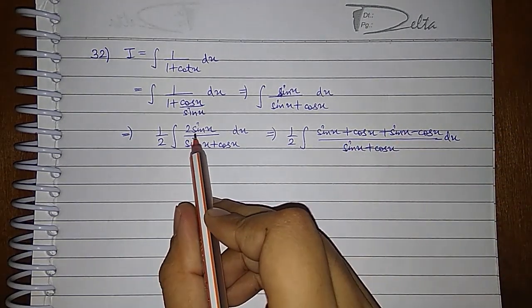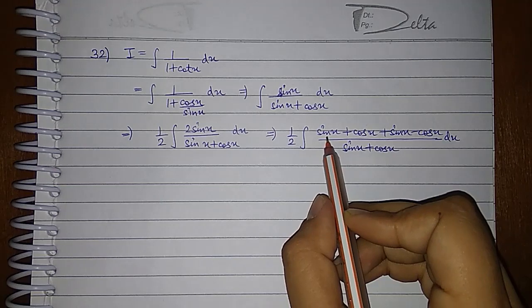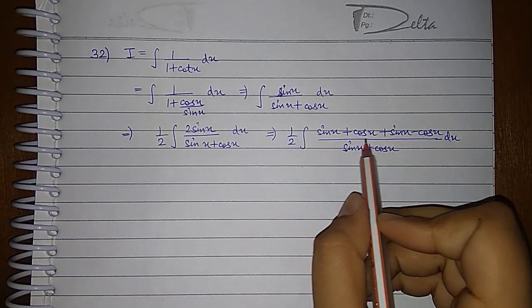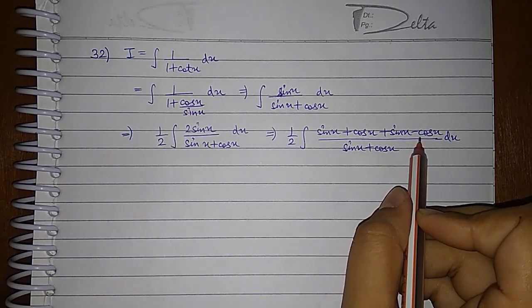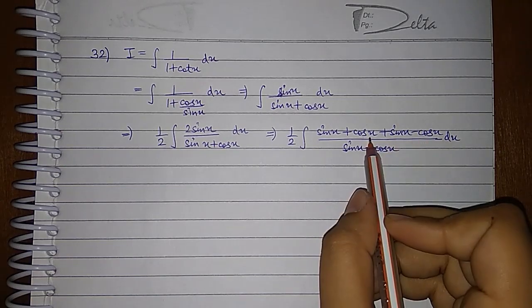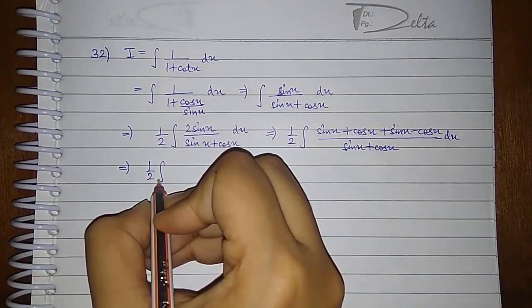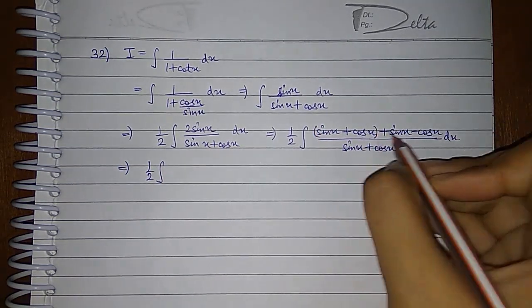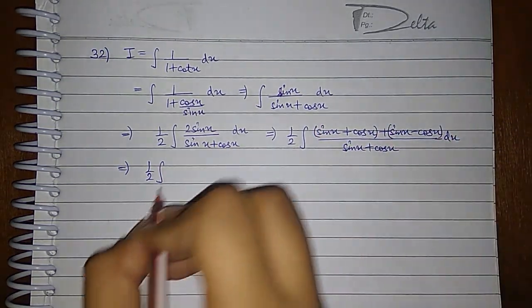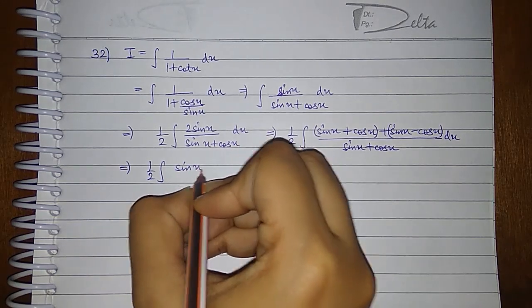So 2 sin x, we have written it separately, sin x plus sin x, and we have added and subtracted cos x. On doing so, we will get, now putting it in the brackets here, so sin x plus